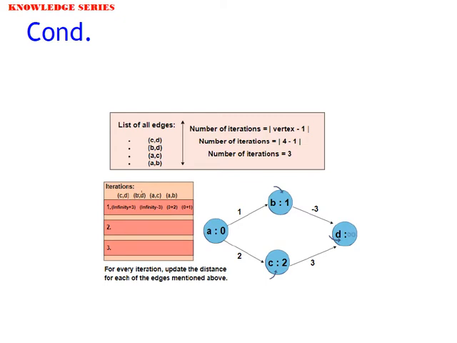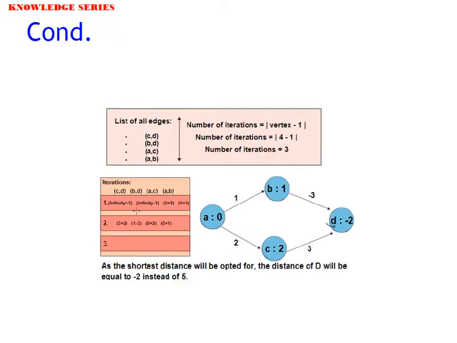If you take AC, it is 0 and 2, plus 2. And if it is AB, it is 0 and plus 1. So this is iteration one. Now if you go to the second iteration,